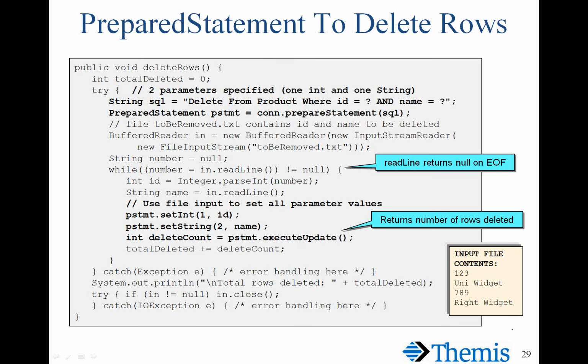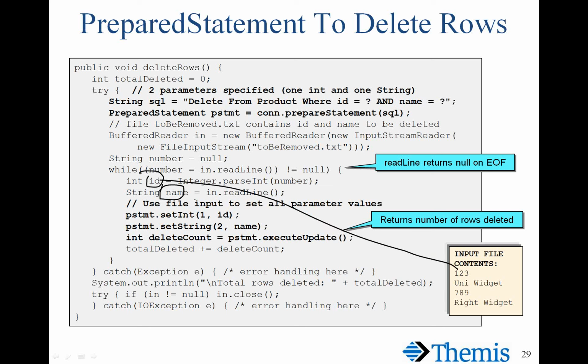Here's another example where we have a file that contains data that's going to drive our application. And in this while loop, we are reading through the file line by line and retrieving an ID and a name, which are going to be used to fill in the 2 question marks in the delete statement. Delete from product where ID equals something and name equals something. So we go ahead and read those 2 values at a time using statements like this. And now we have values for the ID and name,